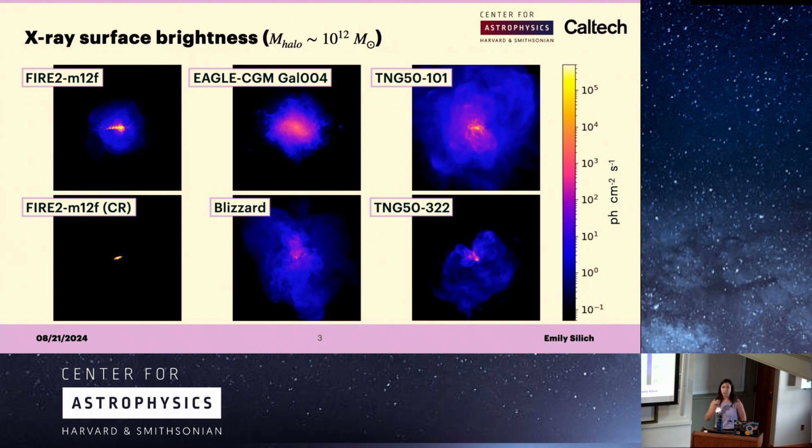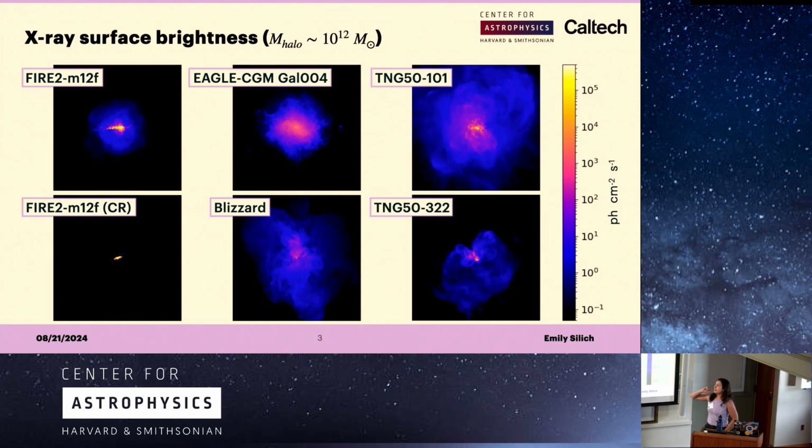So in particular, a broadband X-ray surface brightness from about 0.5 to 1 keV. And here I'm showing 6 different galaxies from the 5 simulation suites. All of these are roughly Milky Way mass galaxies. So on the left, we have the 2 FIRE galaxies, on top without cosmic rays and on bottom with the cosmic ray prescription. Then we have an EAGLE galaxy and a FOGGIE galaxy in the middle, and 2 TNG galaxies